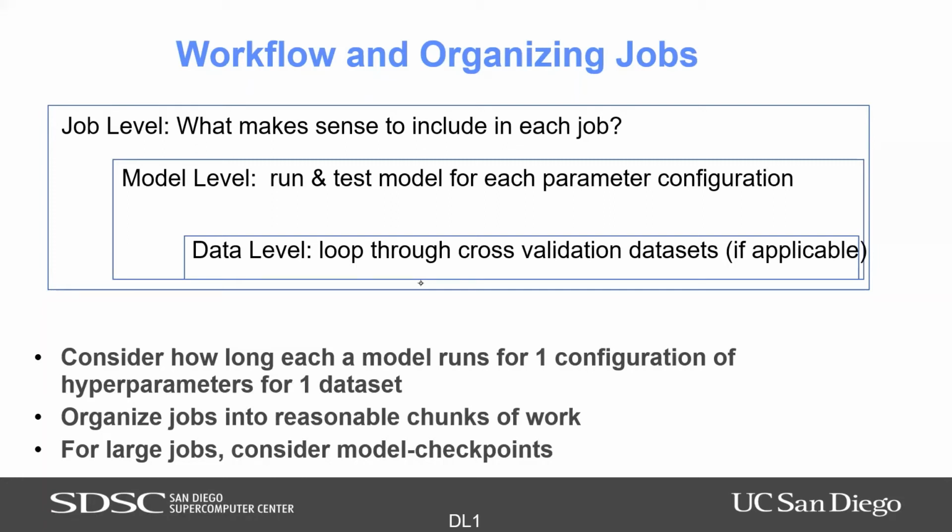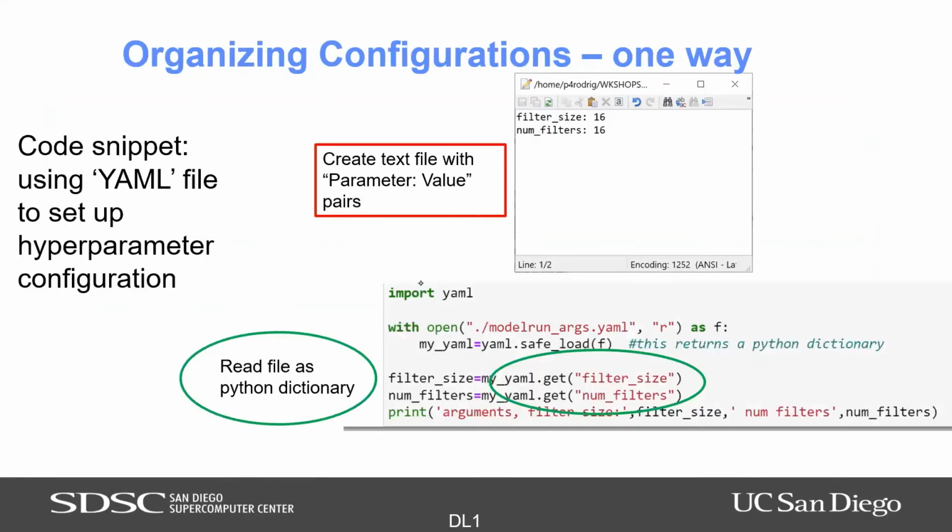Okay. People like using YAML these days. So, I go back and forth. Sometimes I use something like YAML where I take my parameters, I stick them in a text file, and then every time I run, I say, run this job, point it at this YAML file, and then go. And then I just have to change the YAML file and run the job again. And then I just have to save my YAML file with my output. So, when you organize your workflow, just set up a nice way that you could either use a YAML.